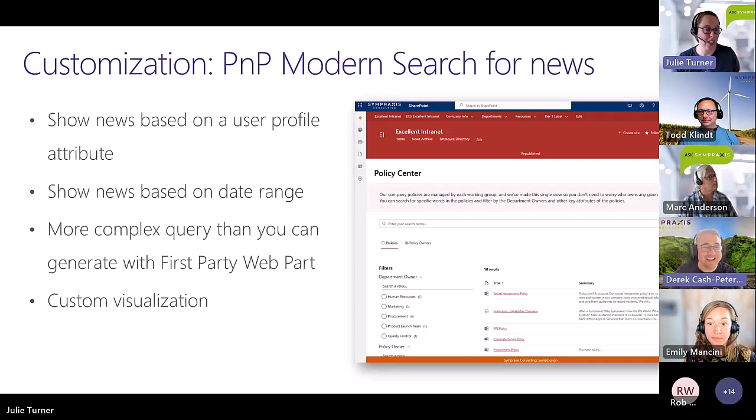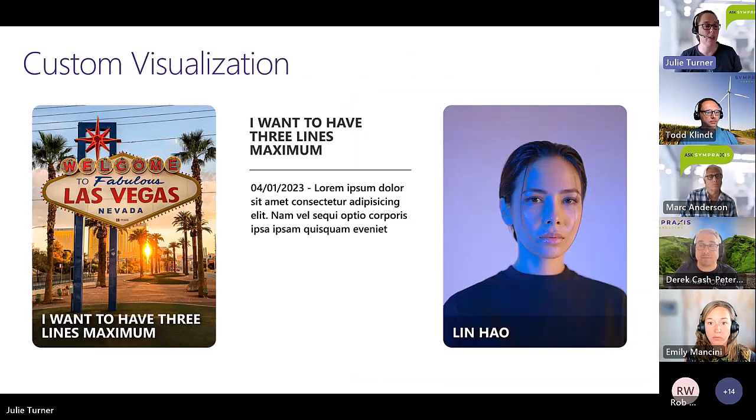All right, so that's a great segue with a custom visualization part, because as we can see from this picture here, news coming back with a title and a summary like that is not visually super appealing. So the ability to create your own custom visualizations matters. Here are a couple of screenshots from a talk that Stefan Bauer and I did together. It was about our workflow, but he decided to create a couple of visualizations of cards. These could be really fancy card layouts that you might want to have for your news.